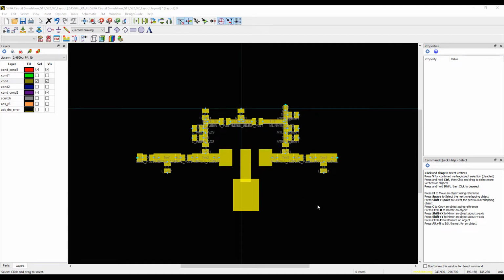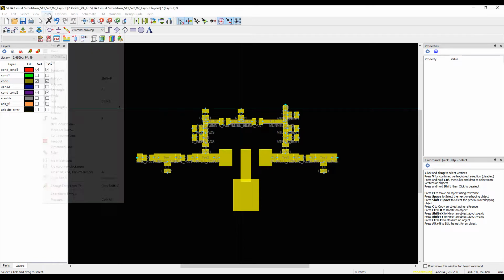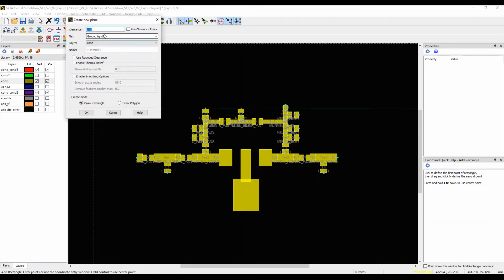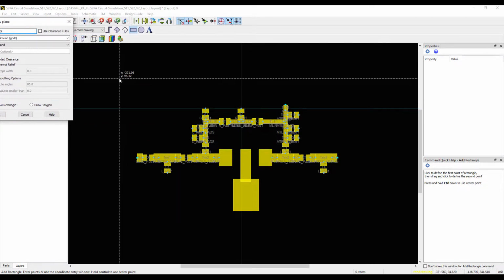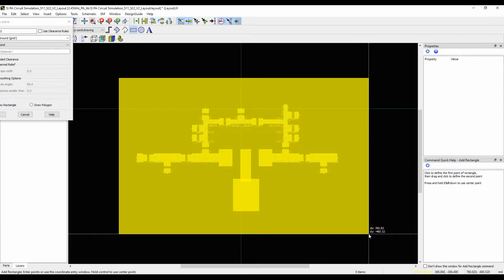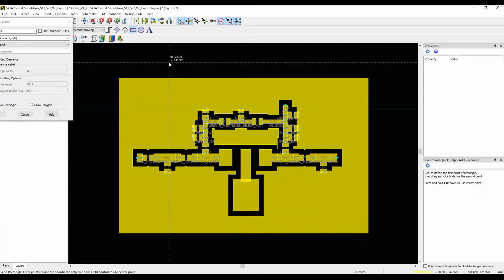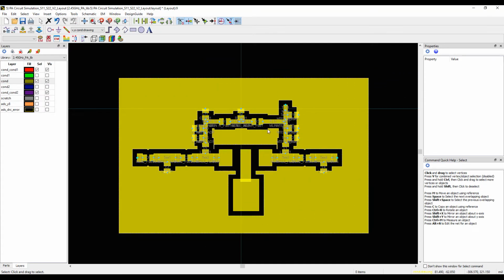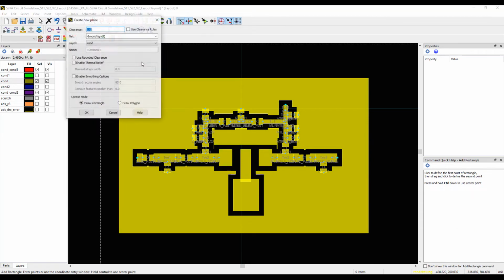Next, we must complete the layout by creating planes on each layer and the vias. To create a plane, go to Insert and click on Plane. The clearance is the ground clearance around the traces and components. I would like to have 15 mils clearance. By default, the top layer is selected. Just create the plane on the top layer first. Follow the exact steps for layer 2 and layer 3. You can change the layer name under the layer tab.